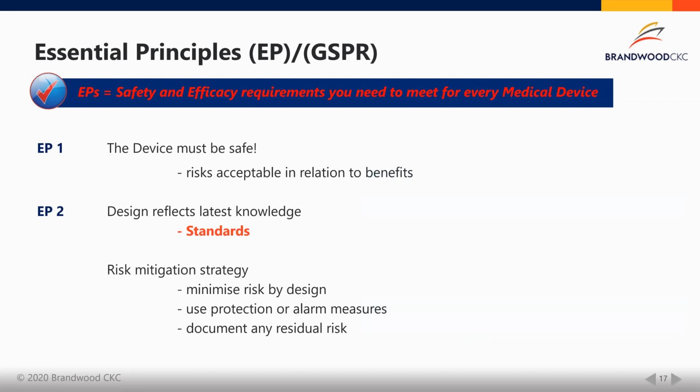So essential principles, also known as the essential requirements and the general safety and performance requirements, just to confuse everyone. It is essentially a list of requirements that is intended to basically ensure that the device meets safety and performance, or safety and efficacy endpoints. So the essential principles is the Australian version of this, which is what I've included in these particular slide sets. And it is very common amongst the different jurisdictions, here in Europe. So if you can comply with one, then generally you're complying with both.